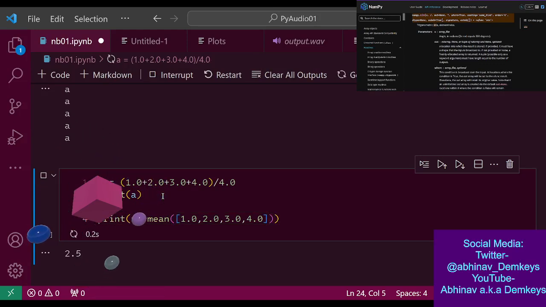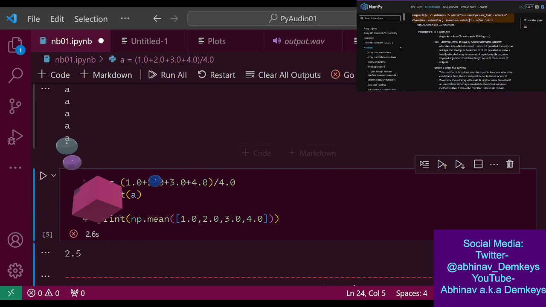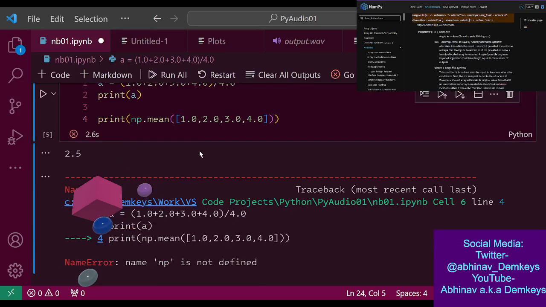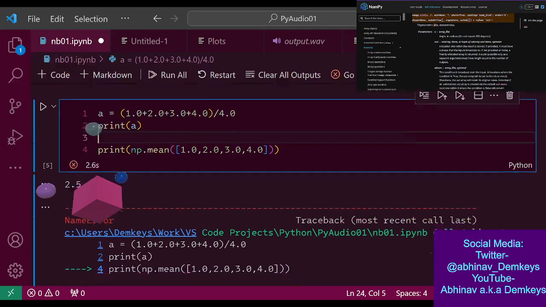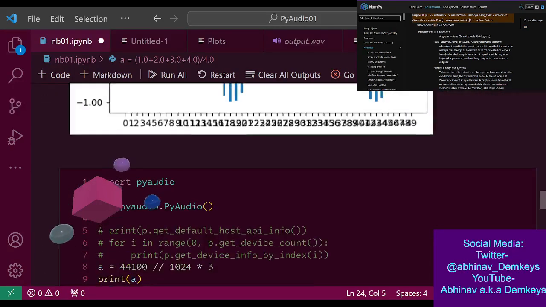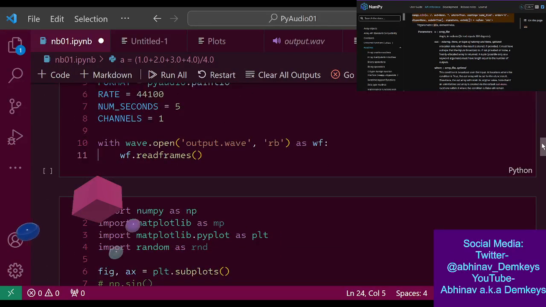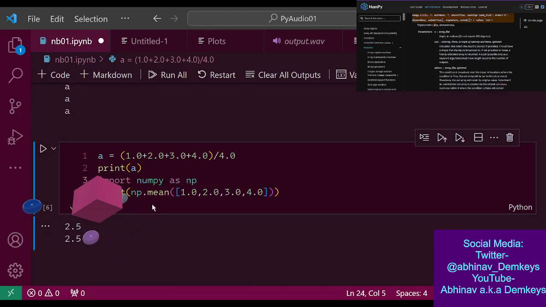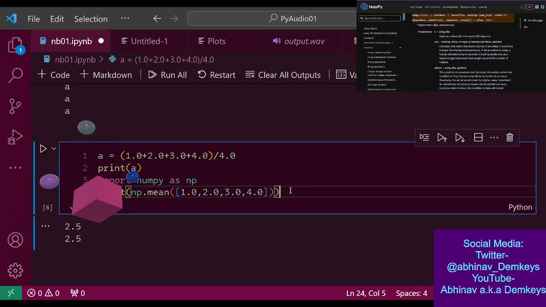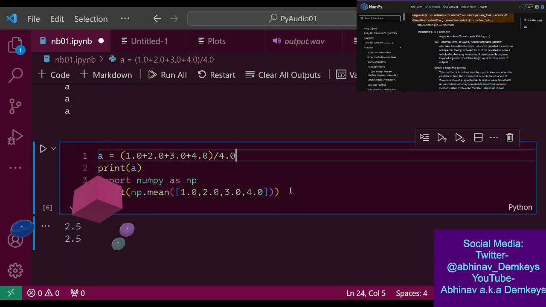Okay, mean. Oh, something happened there. NP is not defined. Didn't I define it in another cell? Oh, I've restarted the kernel since then. Okay, NumPy as NP. I was just checking. Right, so I can just use NumPy.